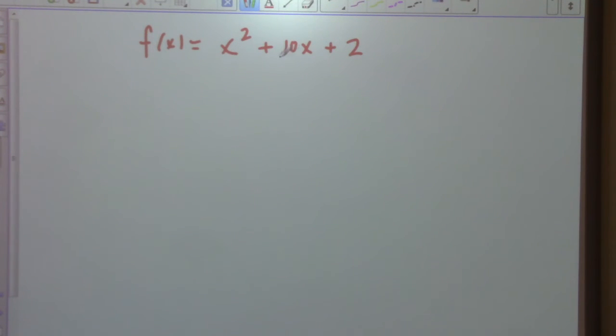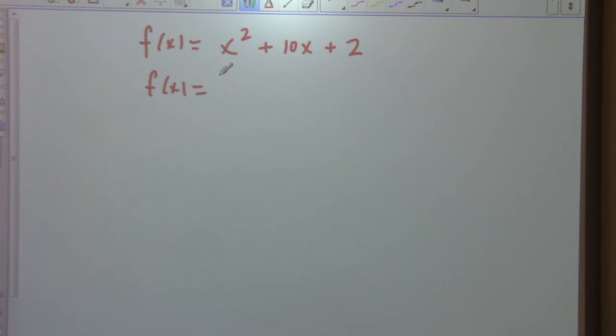Because is this function going to be easier for you to graph? Not really, from the standpoint that you don't have a vertex to work with. Yeah. So the vertex is going to make your life easier. So what you do for this is you create a perfect square, and I'll show you how to do it here. What you do is you rewrite this as f of x